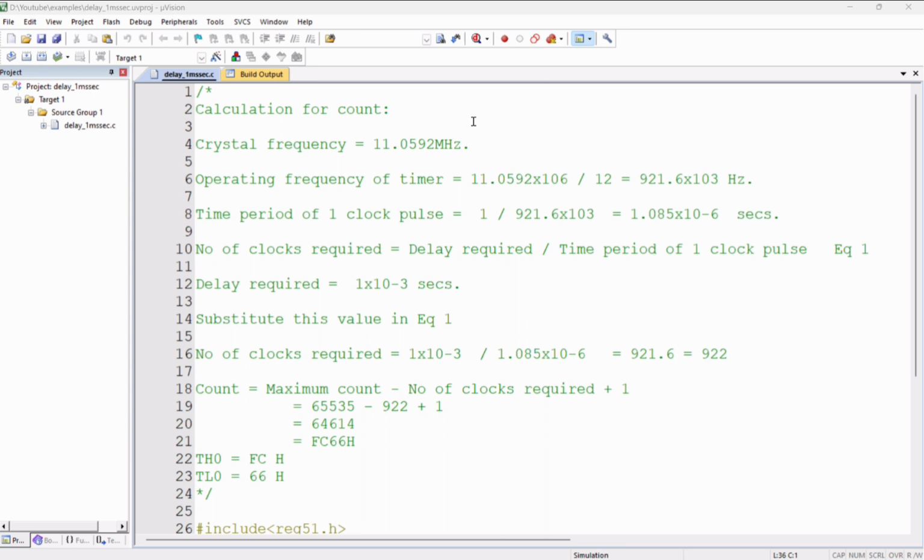In my last session, I explained that timers have two applications: one is time delay generator and the other is as counter. In that session, I discussed in detail that when I want to use timer as time delay generator,